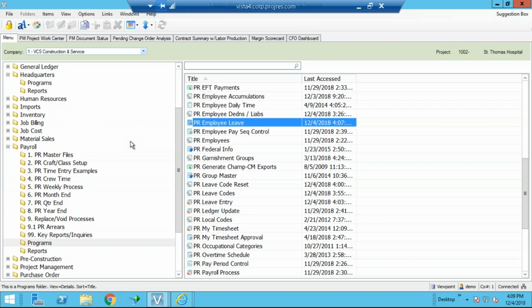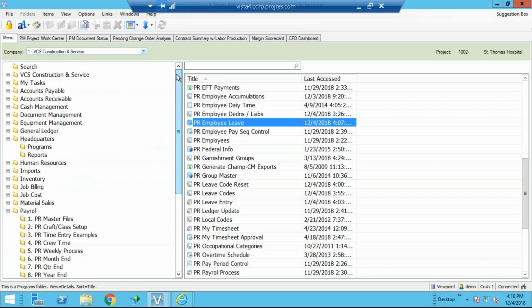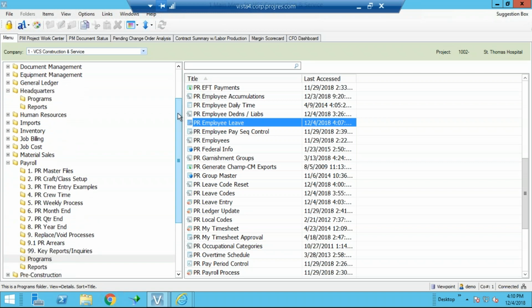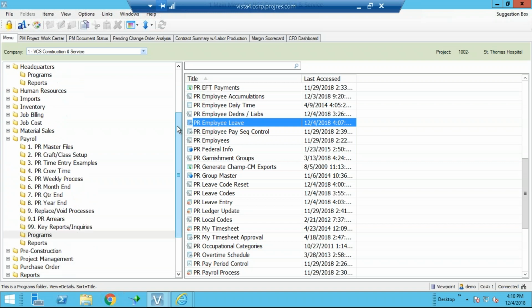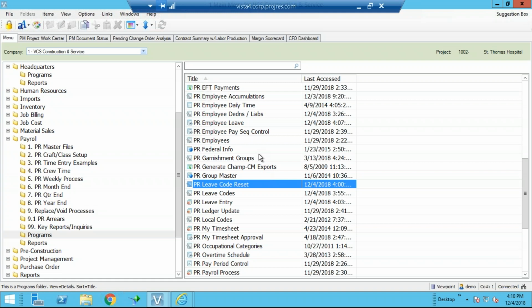What else is good about it is that you could do it retroactively at any time. That's a really nice thing. Let's say you've got too much on your plate for January with getting out the W-2s and everything, and you're tracking the leave in Excel. You know what their balances are. You're keeping up with it. But maybe around March, you might decide now would be a good time to implement it. When you go in to create a batch to give everybody their new hours, 40 hours or 80 hours or whatever at the beginning of the year,